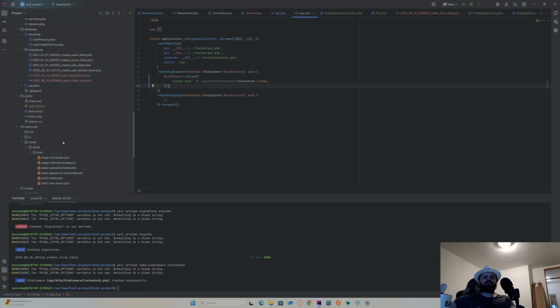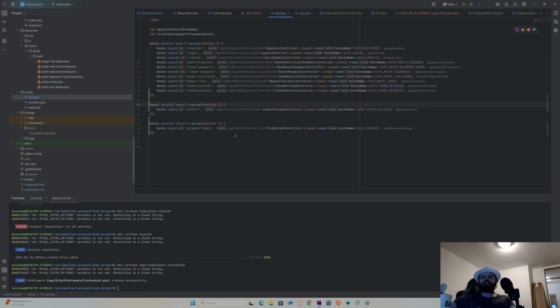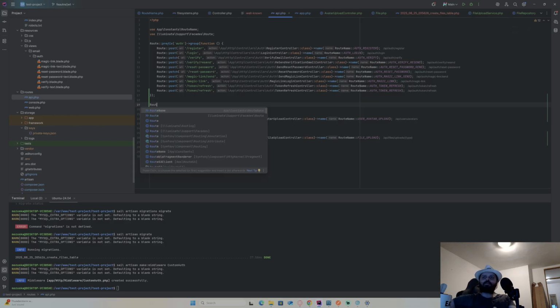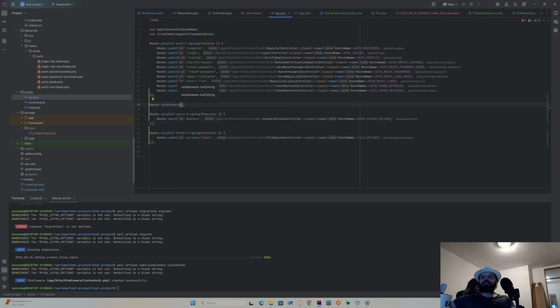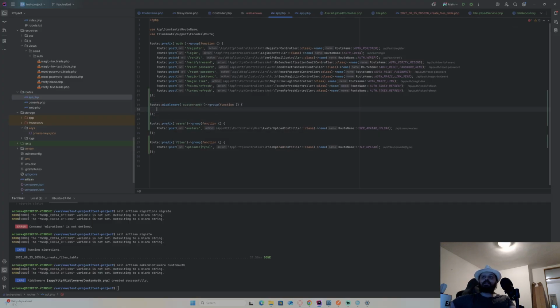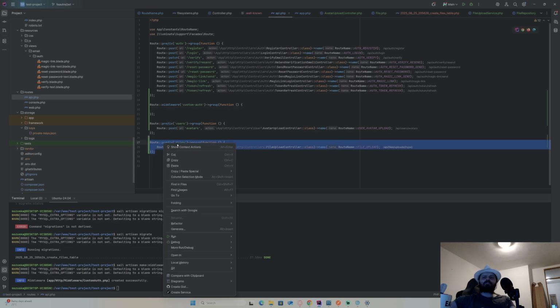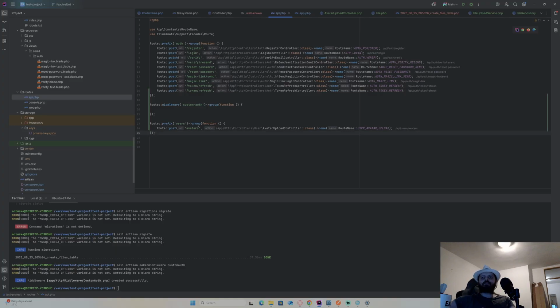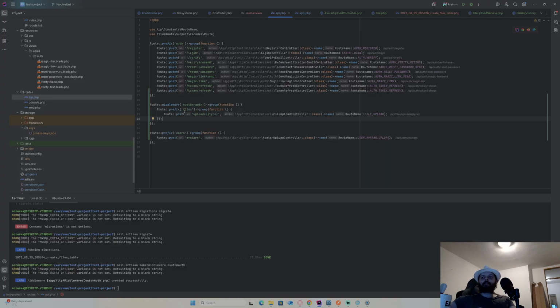And now I'm just going to put this immediately on my routes. Then I'm going to create the login file. So I'll have this new route group. I'll call this middleware here, and I'm using it by alias. It's going to be custom auth and group. All the groups that need authentication will go here. This avatars route I'm not going to use, so I'll leave it where it is, and this file upload will use authentication, so I'm going to put it here.